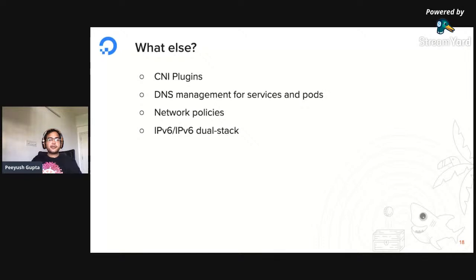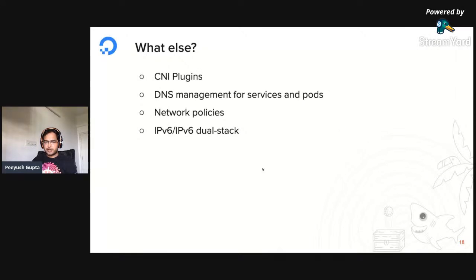And then how do you implement network policies? How do you make sure what kind of traffic you are allowing, what kind of traffic you are denying, and those kind of things, among other things. And also, sorry, this is supposed to be IPv4, IPv6 dual stack. That is a pretty recent development where you can actually have dual stack in your application, right? You want to provide a pod one IPv4 address and one IPv6 address. And I guess that feature is still alpha or either in beta. I don't think it's unstable, but still, this is something that the community is also exploring, among other things. So that's all I have.